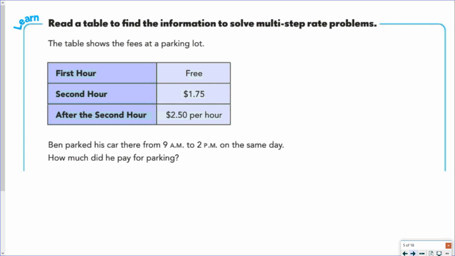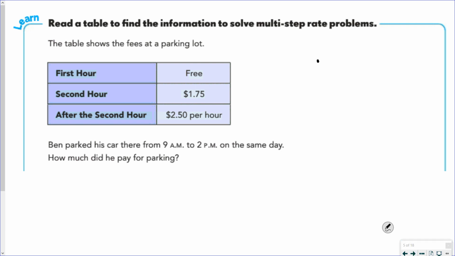So we have a table here that shows the fees at a parking lot. We see that the first hour is free, the second hour is $1.75, and after the second hour, it's $2.50. So if Ben had parked his car there from 9 to 2, we want to figure out how much he paid for parking. Since you're charged based on the hours, it might be a good idea, and this is not the only way to do this one, but it does help you organize your information, to break his parking down